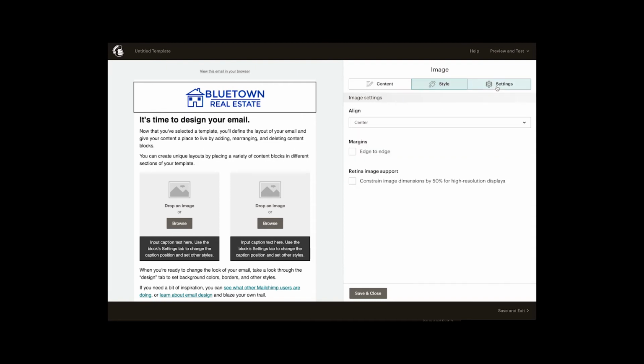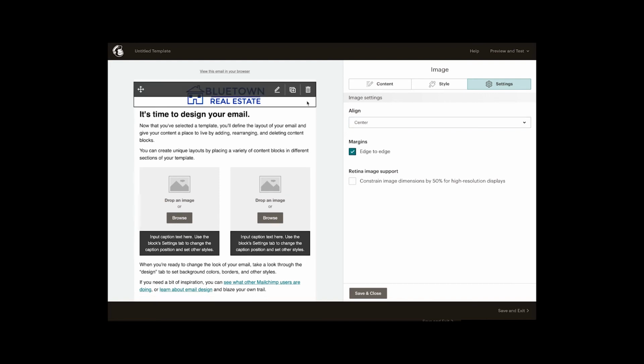Now let's go to the last box. It says setting. Now you can change the logo to be in the center. You can have it to the left or to the right, whichever way you want it to go. So for this example, we're going to leave it in the center. Now you can also increase the size so that it goes edge to edge. Now my logo is not that big, so it won't go edge to edge, but it'll show you a difference here. So what would have happened was that it would have gone all the way to the black trim here,